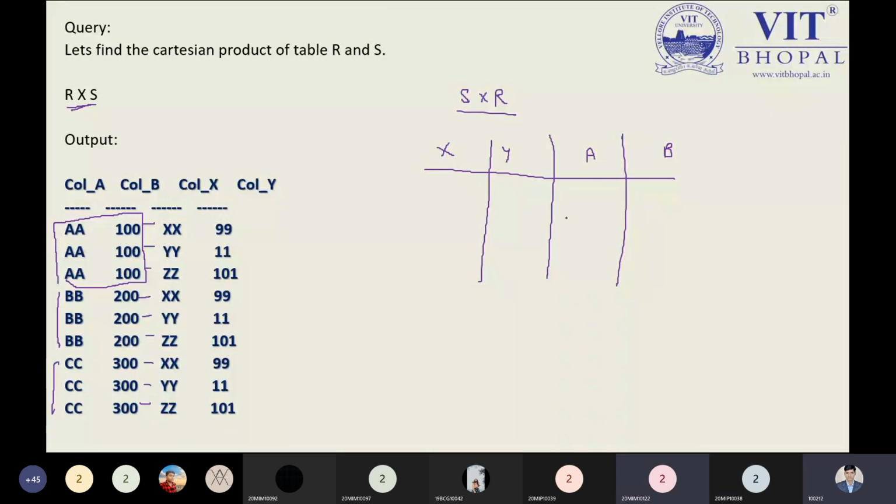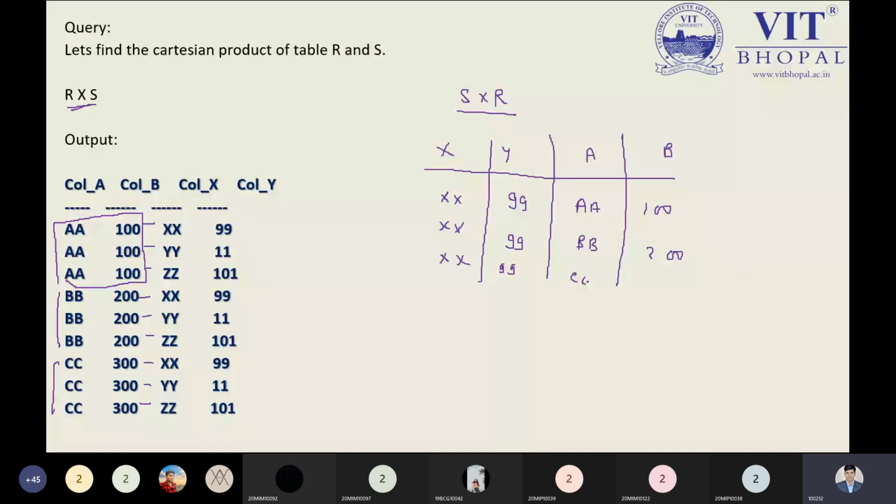Can anyone tell me what would be the output? The output will be the same, sir, but the order may change. Yeah, that is a good way. You are on the right track. The order may change. First the information will be selected from the S relation, so double X will be chosen. So the first relation will be A 100, with the pointer on the S relation in the same position, but it will map to the other relation, B 200 something and C 300. This is the way.